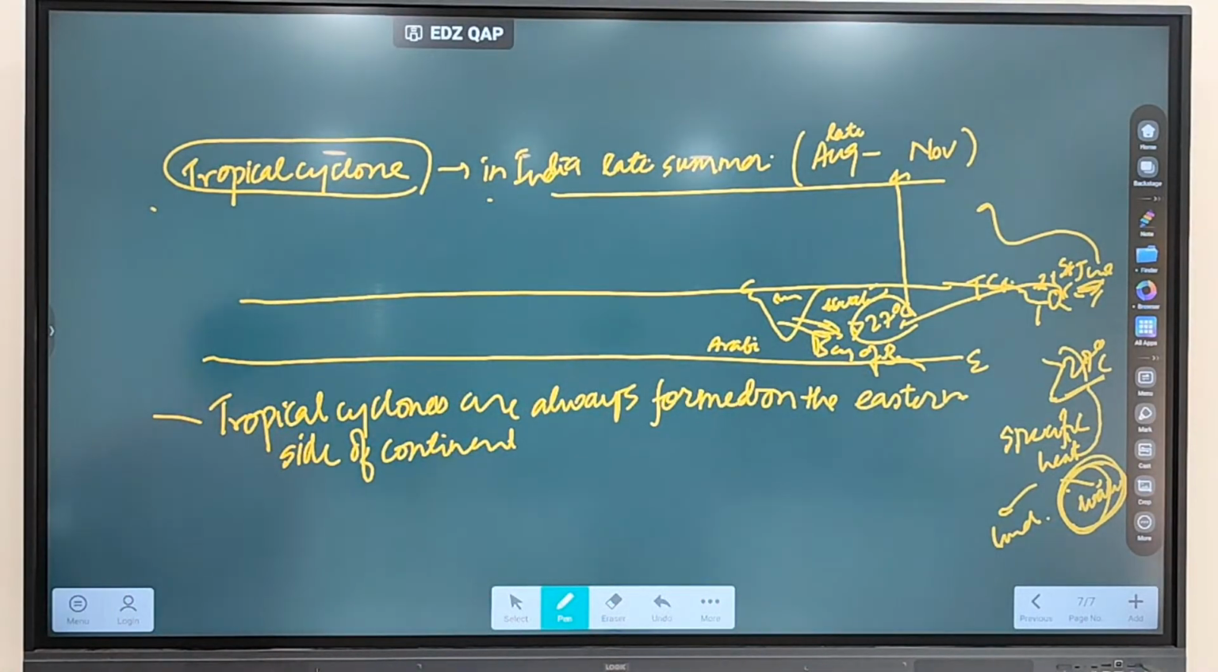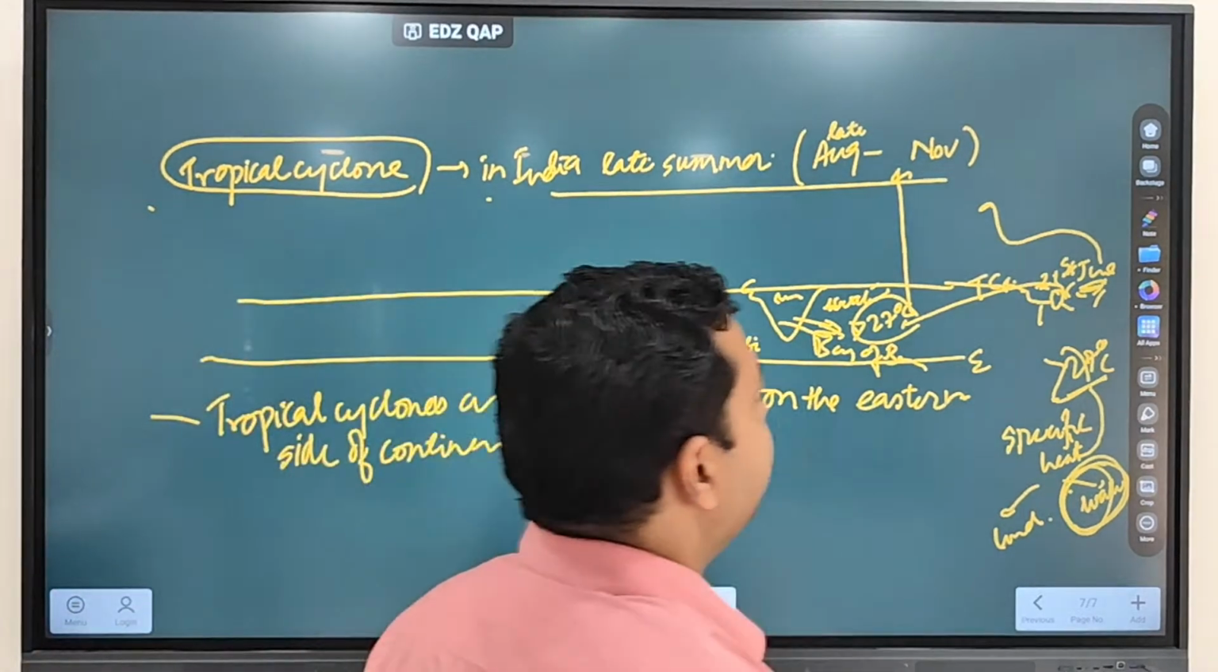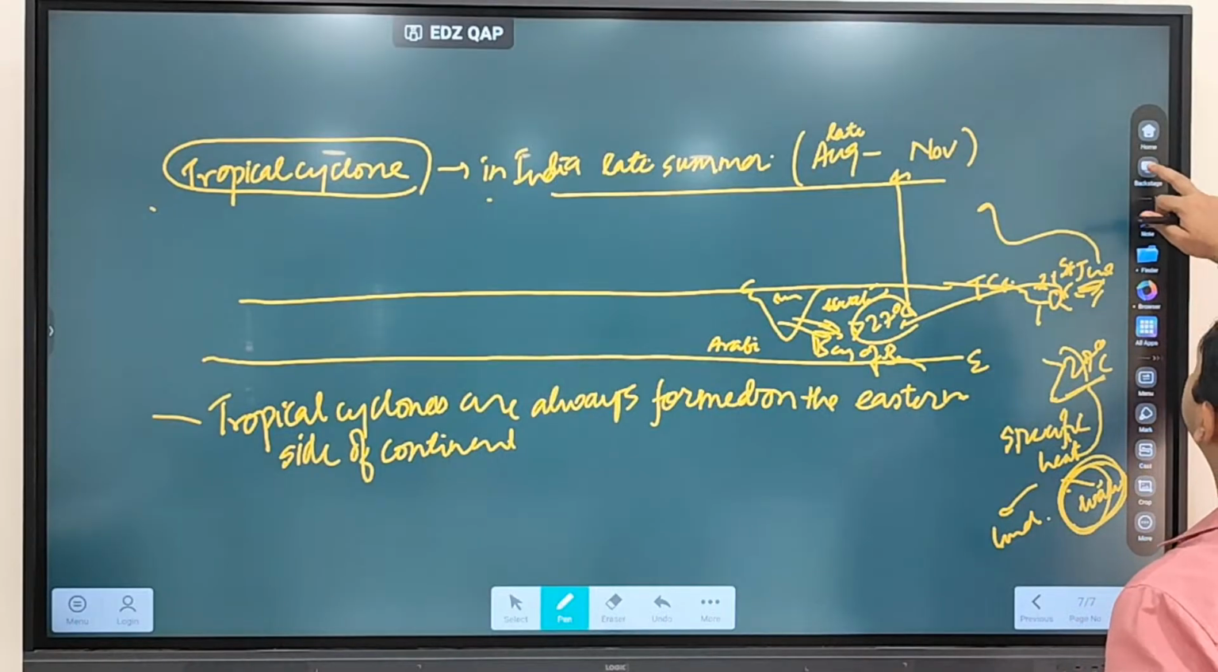That is what we have written. Tropical cyclones are always formed on the eastern side of the continent. Why is this happening? What is the reason? The reason is